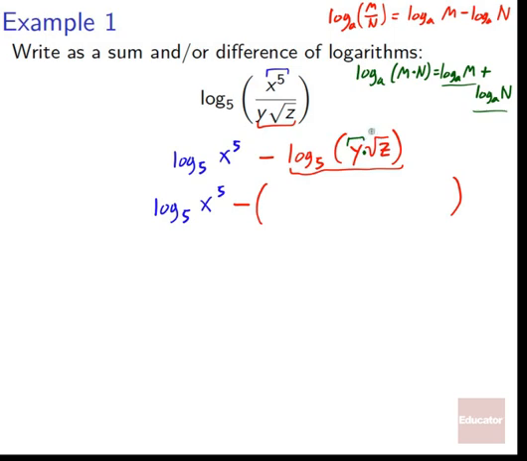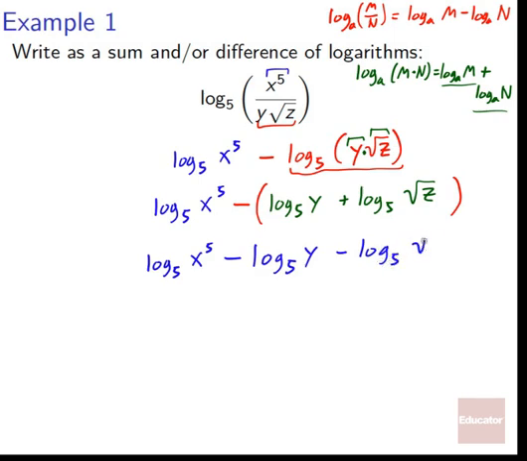So our m is y, our n is root z, and we've got log, still the same base, of y plus log, still the same base 5, of root z. Simplify this out a bit, we've got log base 5 of x to the 5th minus, our subtraction distributes, minus log base 5 of y, minus log base 5 of root z. Now, that is technically enough because we've got a sum and or difference of logarithms, but